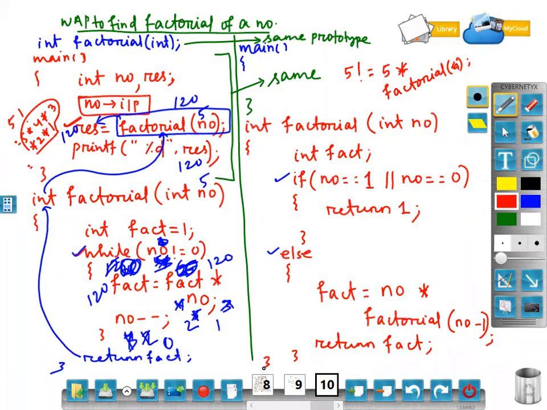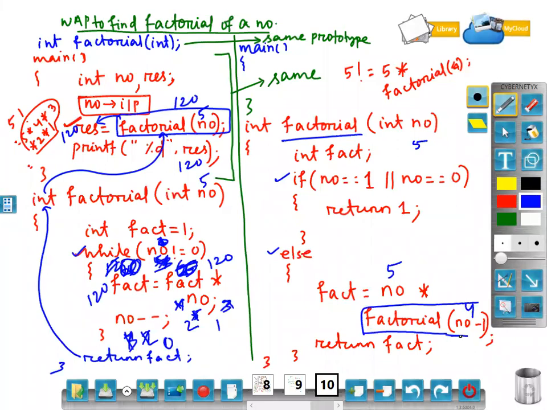Clear? So suppose I have entered 5 here. It will check number is not equal to 1 or 0, so it will come here. So this is like 5 into factorial of 4. Means I am calling the same function inside the same function. Means I am calling factorial inside factorial.